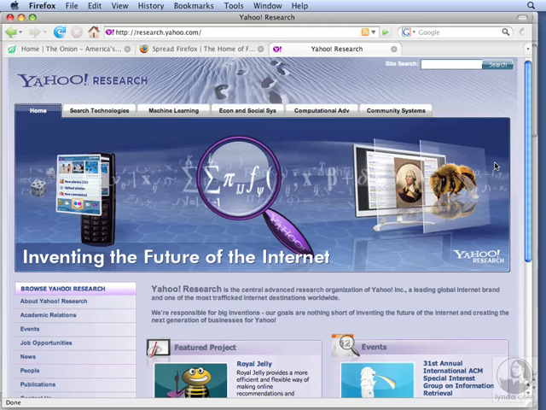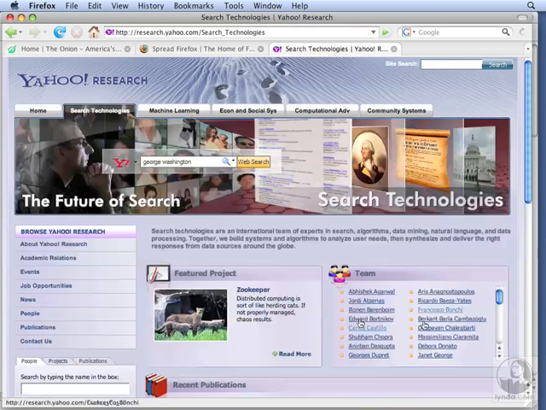A third website that's built on Drupal is this Yahoo research page. This is interesting because you noticed earlier that the Yahoo blog is built on WordPress, but Drupal is used to build this page for Yahoo research. Once again, it has a tabbed navigation system, many, many links, but it's also very graphical.